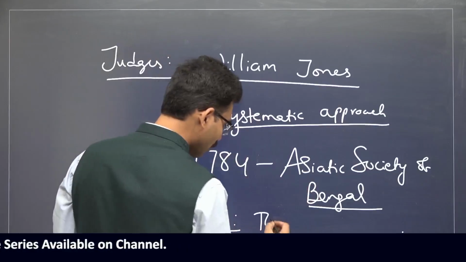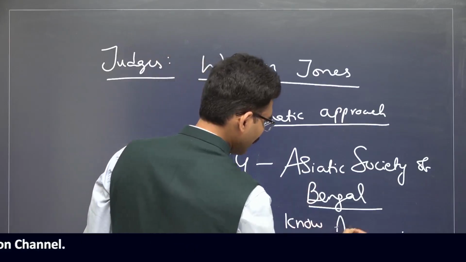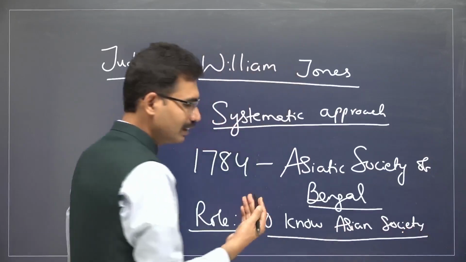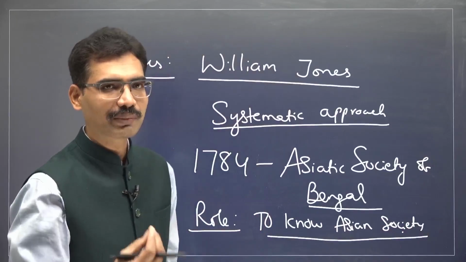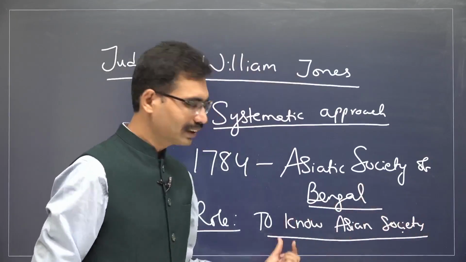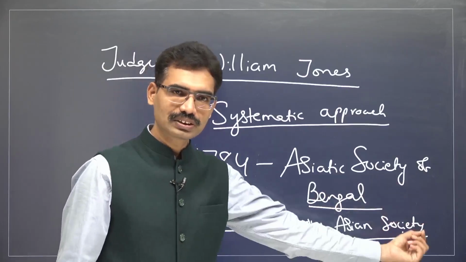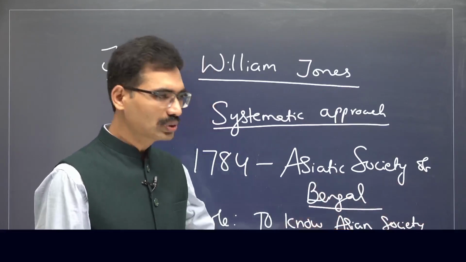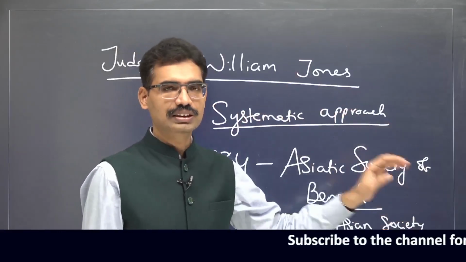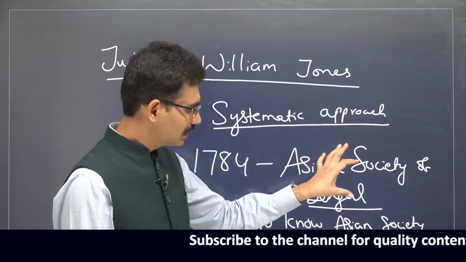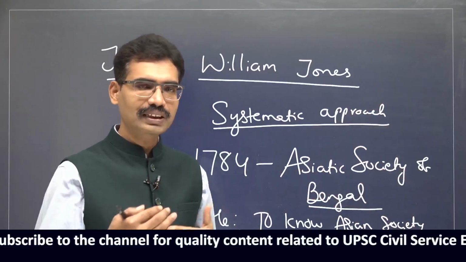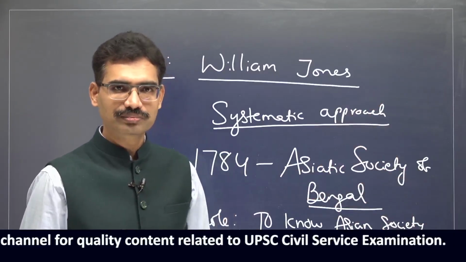They have to know Asian societies. Because the way English people live is different, the way Persians, Arabic people, Indians live is different. When it comes to Indian administration, Arabic traditions, Persian traditions, Sanskrit traditions are used in day-to-day administration. That is why they wanted to know about the indigenous people, Indians. This organization started translating Sanskrit text, Arabic text, Persian text into English.